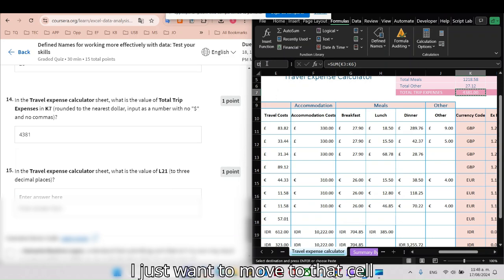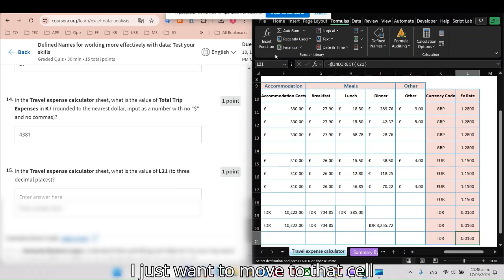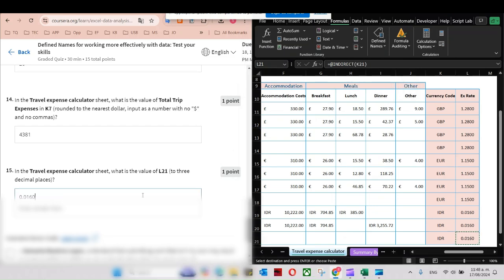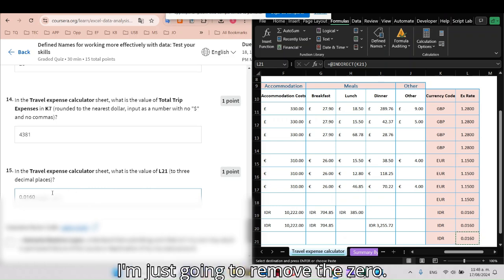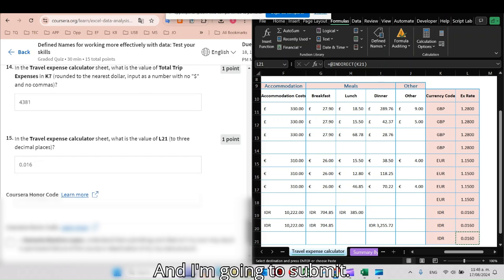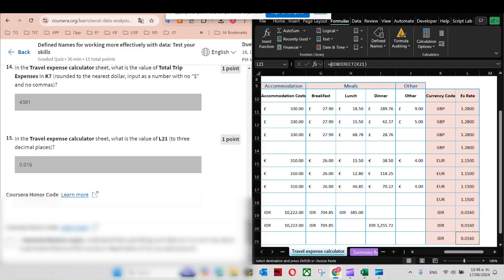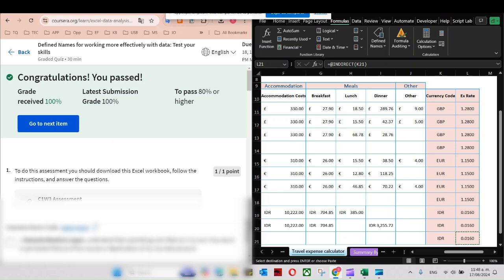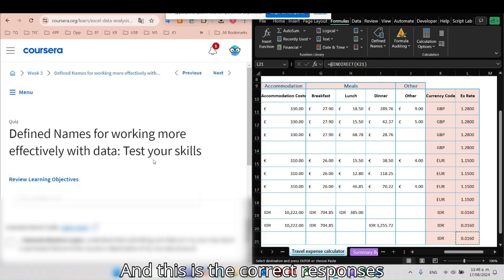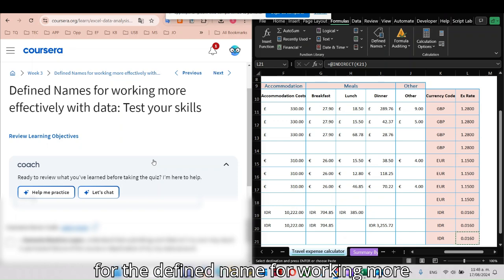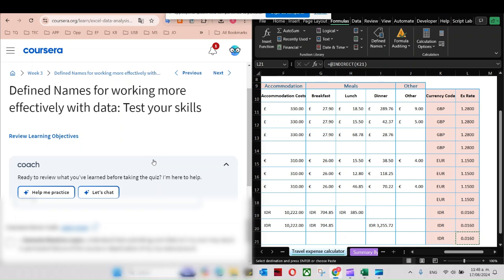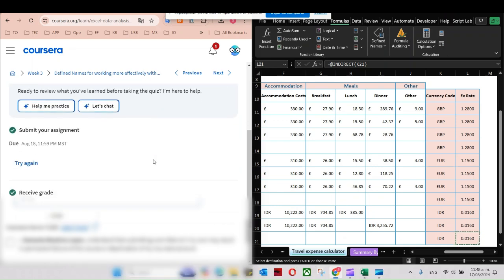I just want to move to that cell and copy it, paste it, and round to 3 decimal places. I'm just going to remove the 0 and I'm going to submit. And these are the correct responses for the defined names for working more efficiently with data. Thank you.